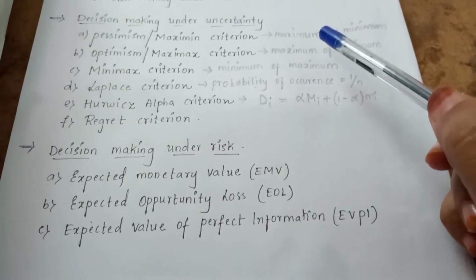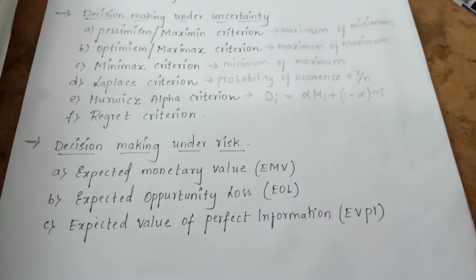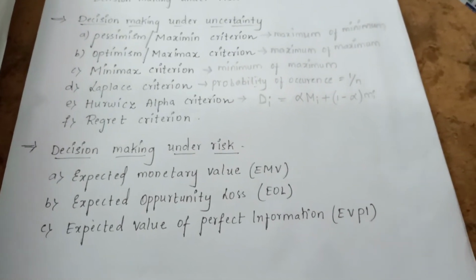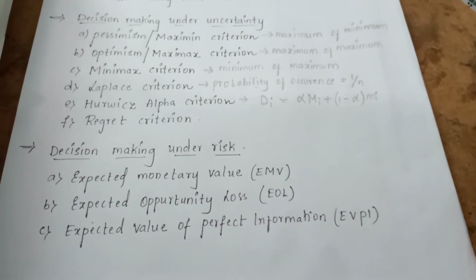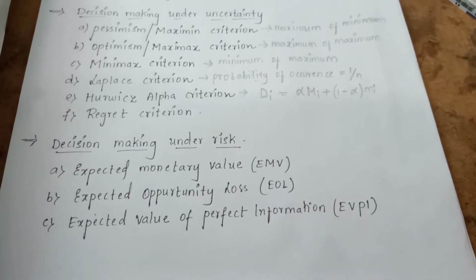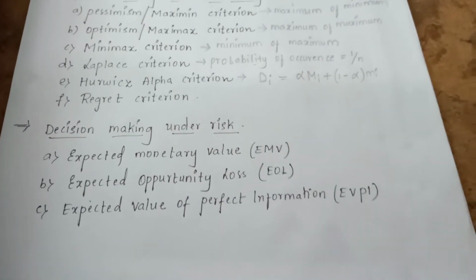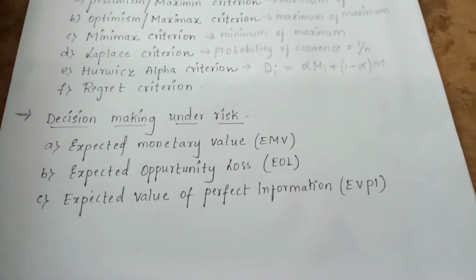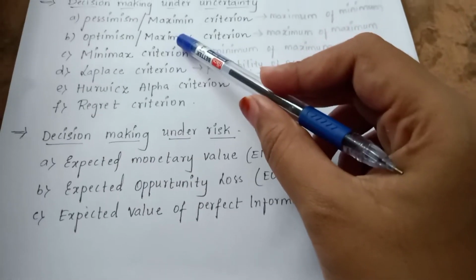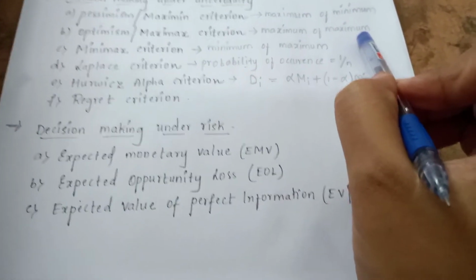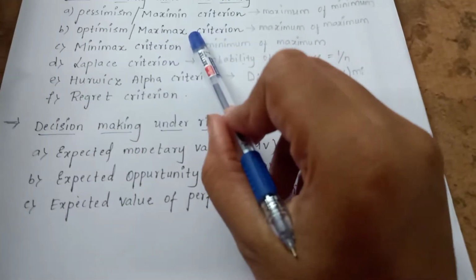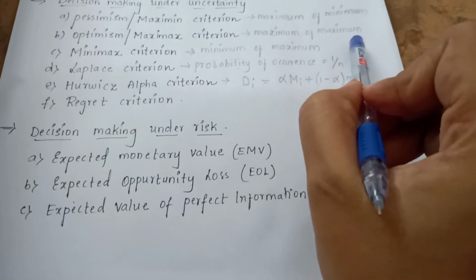Students, this method is used when the decision maker is optimistic about the future. The optimist is the person who is hopeful or confident about the future. That person is said to be the optimist or optimistic. So here, students, the Maximax implies the maximum of maximum payoff. The Maximax implies the maximization of maximum payoff.